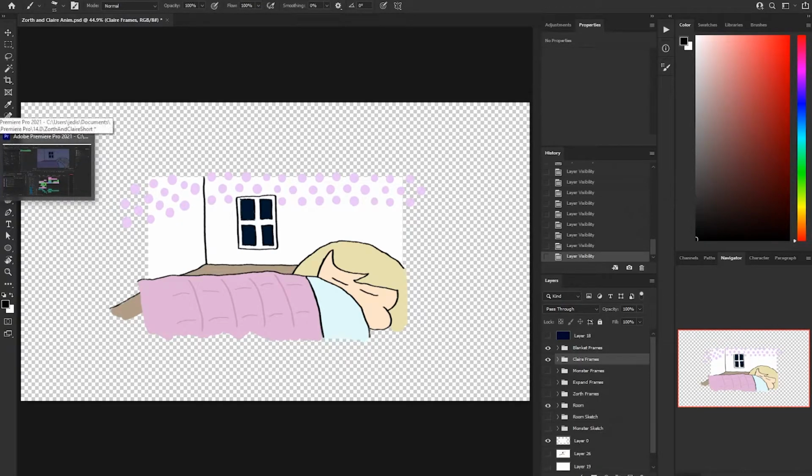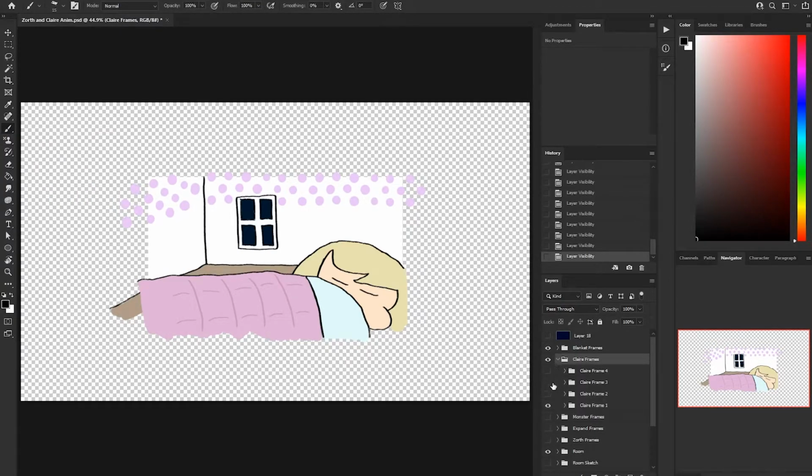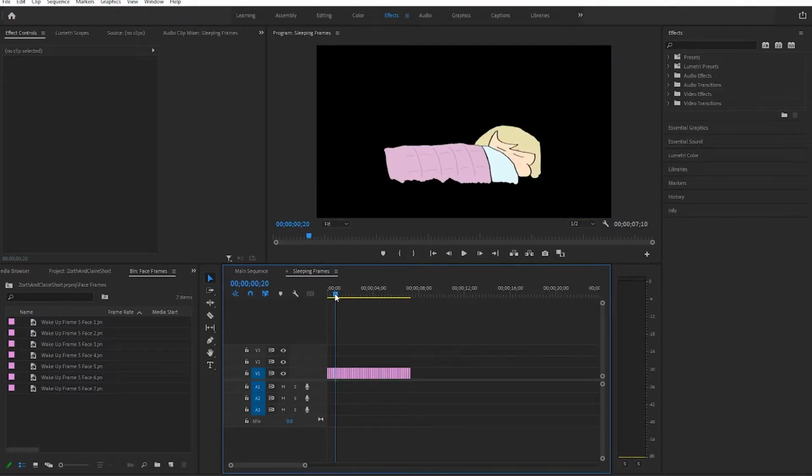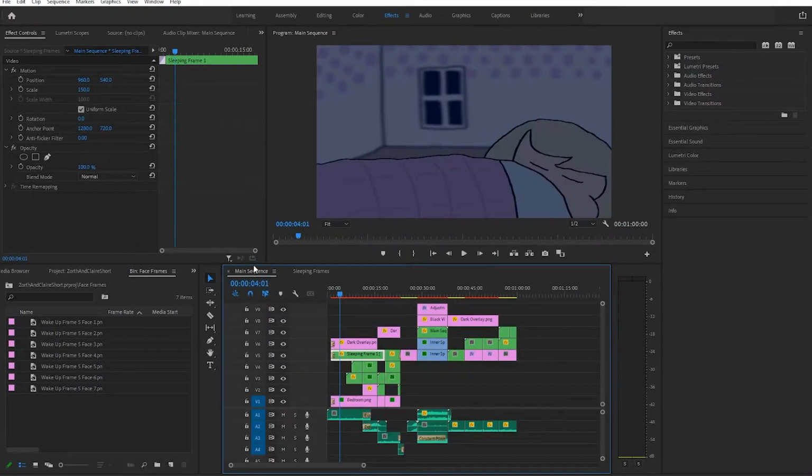But anyways, so for example, Claire here. There's the 4 frames of Claire in the blanket, and what I would do is export those out of Photoshop into Premiere, and then make a subsequence in Premiere where those drawings just loop over and over again within some interval that I set up. Then I put this subsequence into the main sequence in the timeline. That's basically how this whole piece is assembled together.